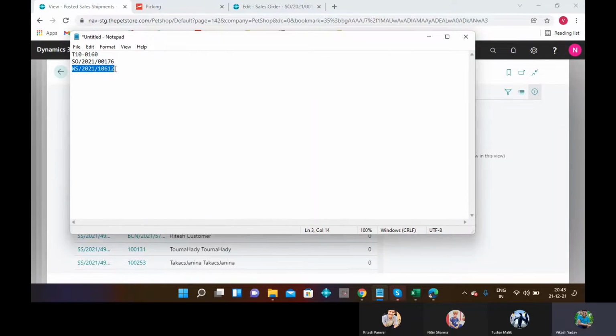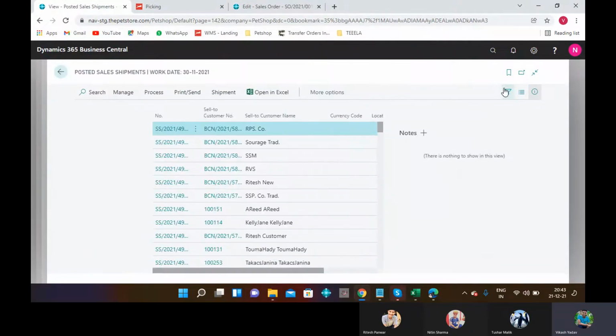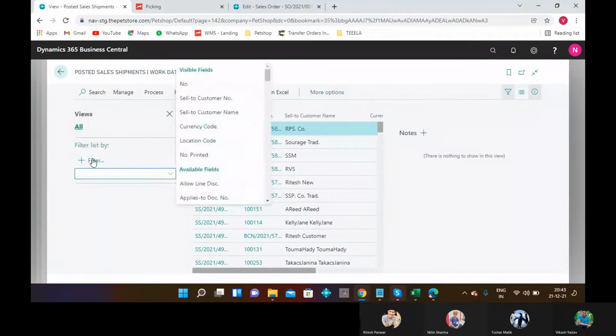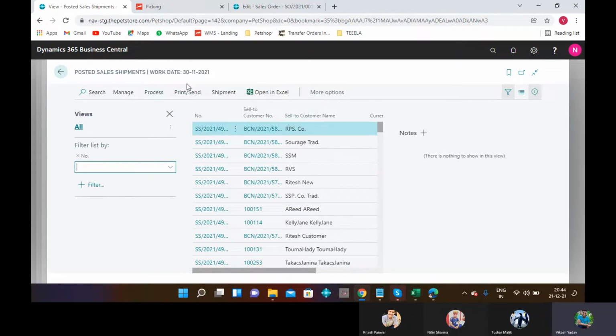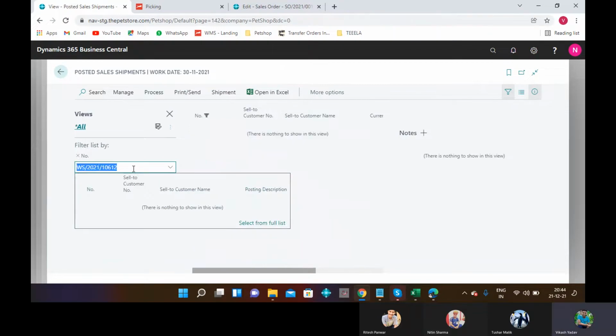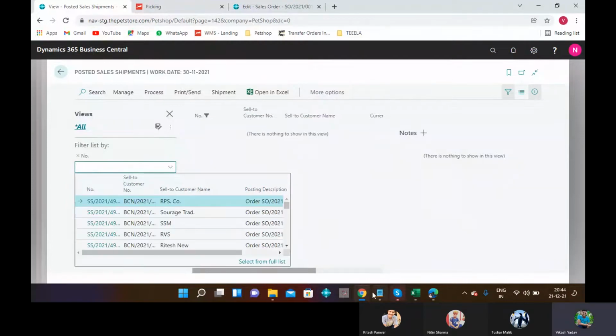Copy warehouse number and select a filter, apply a filter. Sorry, again.